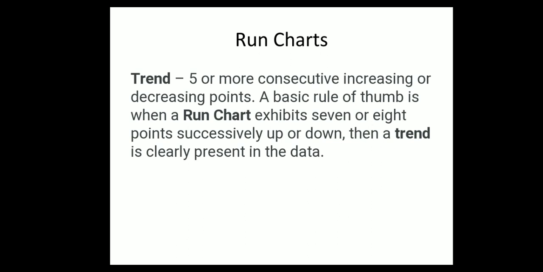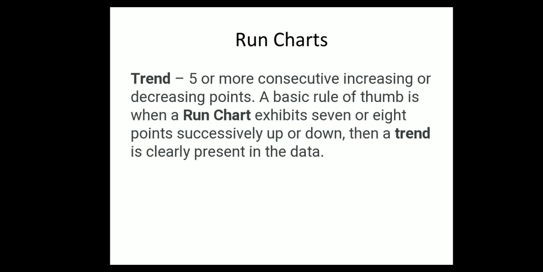Similarly, in fabric structure and design, for a jacquard machine, if there are any mistakes in design, then those mistakes can be plotted in a run chart, and can be proved wrong if the defects are more. What does it mean? Defects are more means 7 to 8 points are consecutively up or down. In that way, we can show that the run charts are useful for the testing of the quality.